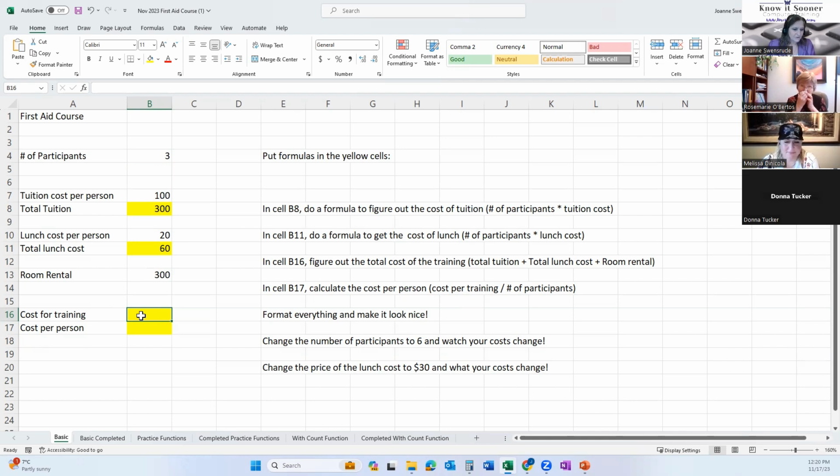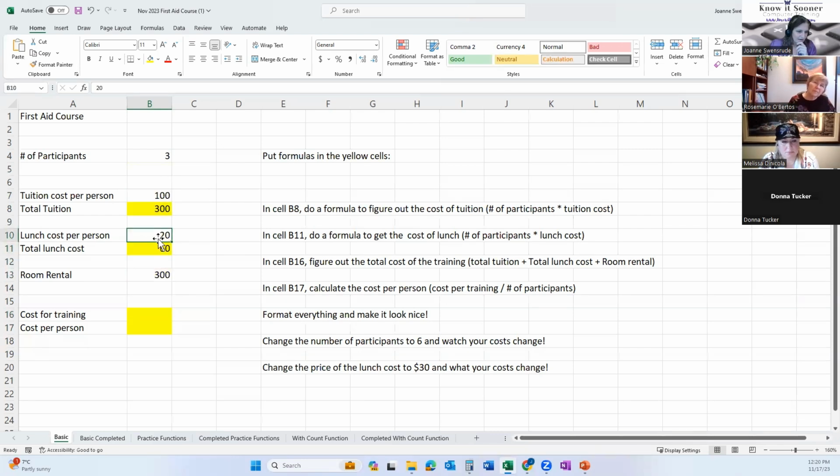So cost for training is going to be what? The 300 plus the 60 plus the 300, right? So we figured out the tuition, we figured out the lunch, and then we just add the room rental. Sometimes you can use auto sum if you're doing a column of numbers, but we don't really want to do the whole column of numbers.